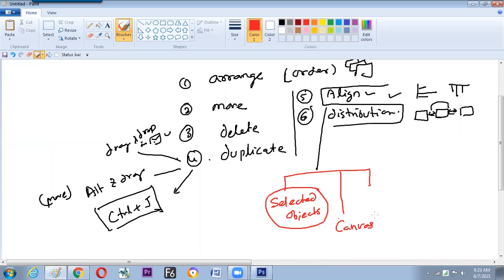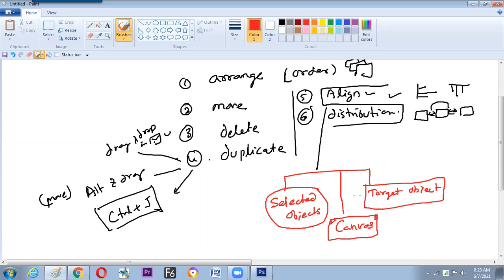But if sometimes we need an object to go to the canvas top side, or the canvas right side top, then how do we do that? The next one is target object alignment.